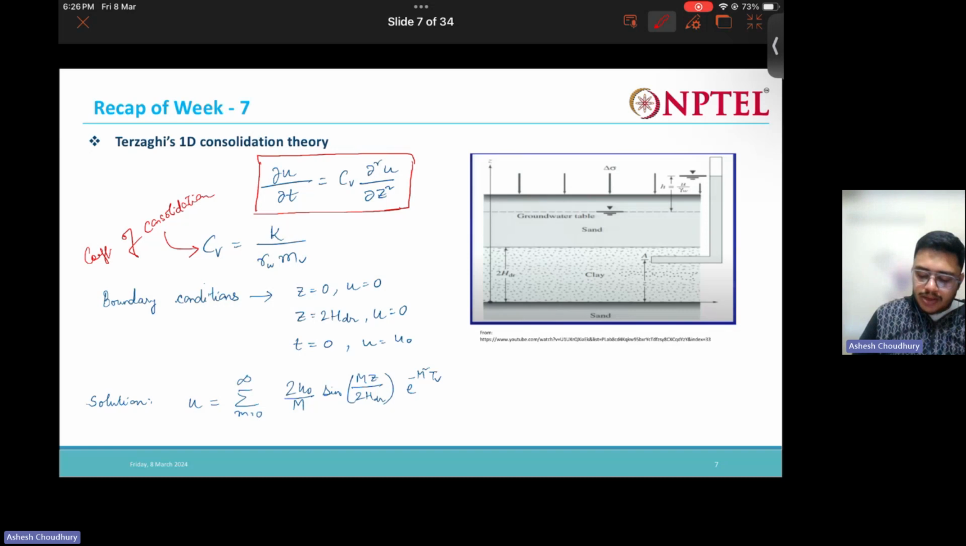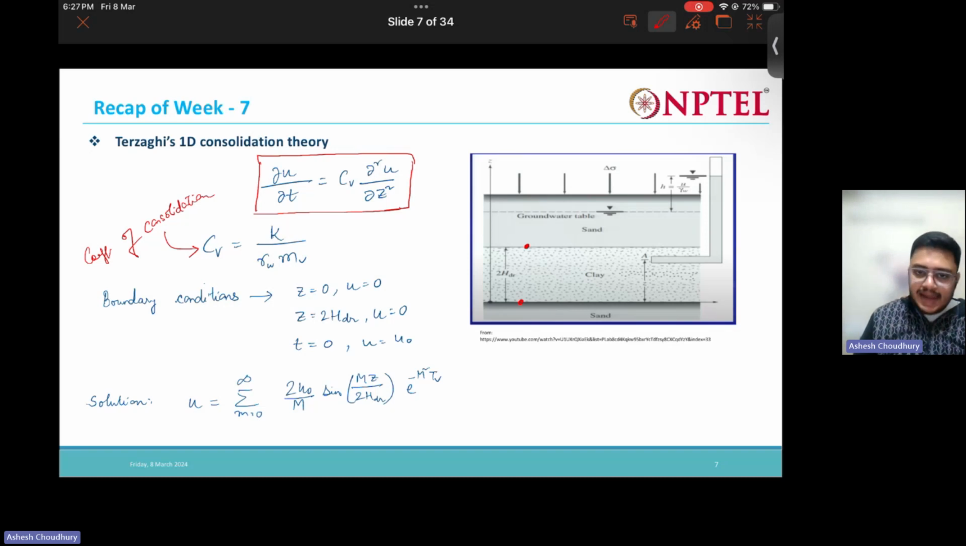So what are the boundary conditions that are necessary in order to solve this problem? Let's see. The boundary conditions are at z equal to 0, u is equal to 0, and at z equal to twice HDR, we have u is equal to 0. That means at this point and this point u is 0. If you recall the previous class, as we had discussed, the u becomes 0 at the